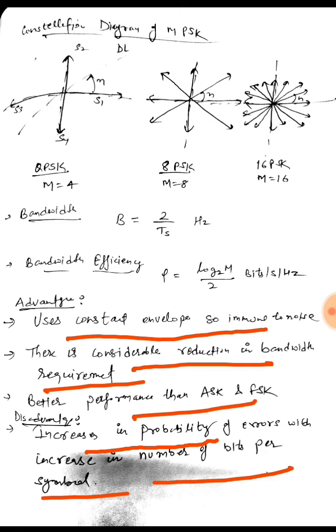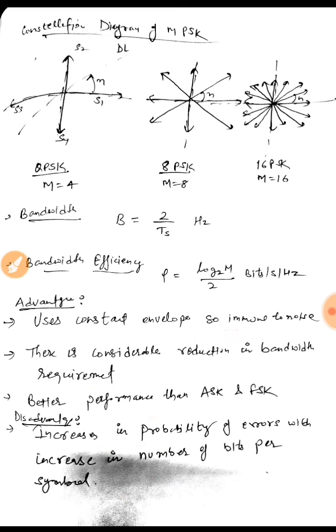So in this scheme we can reduce the bandwidth, but at the same time the probability of error would increase as we increase the number of levels M from 4 to 8, 8 to 16 and 16 to 32. So there will always be a possibility of interference or crowding at the receiver end. So to remove such a situation, we would use a lesser number of levels, that is M is equal to 4 or M is equal to 8. So this is it for this lecture. Thank you very much.